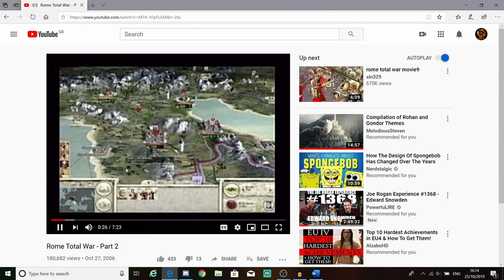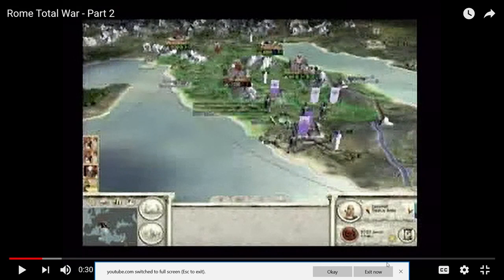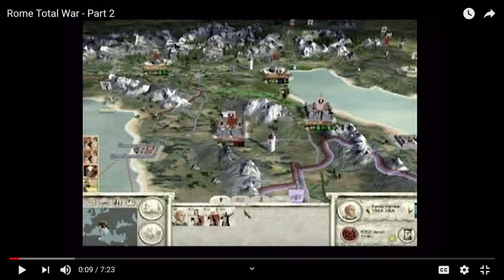Alright, now we got part 2. Ooh, a little bit clearer I think. Let's take a look. Right, yeah, they've used cheats again, obviously, for whoever's selling the game. Ooh, different icons on the left side here. Yeah, I can't make out what they are, but